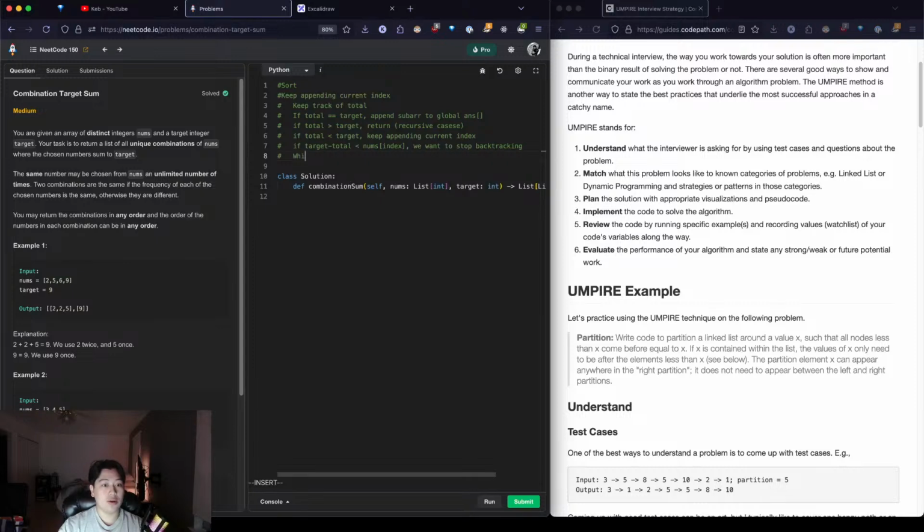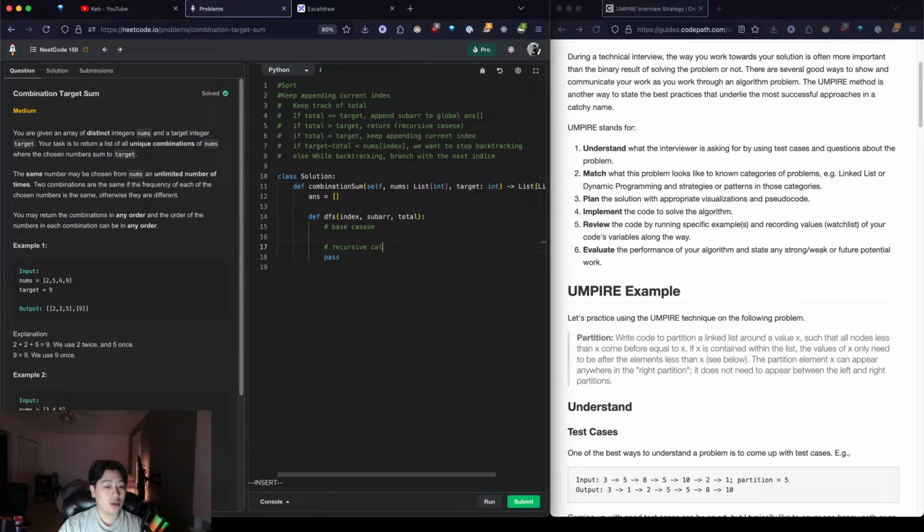So we can say while backtracking, branch. I guess this can be an else while backtracking. Branch with the next index. So in our depth first search, we are incrementing the index by that. And then we can go ahead and say that we have an answer. And then a total sum will probably be kept in our depth first search, where we are keeping track of index, subarrays, and total. Right, and then we pass,